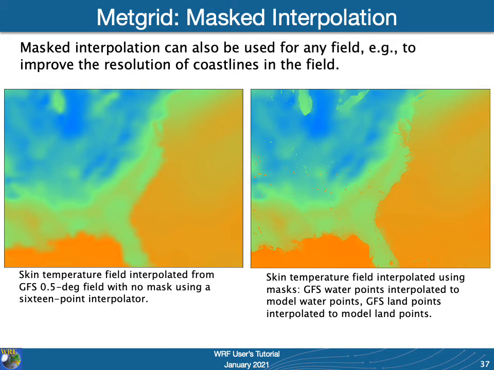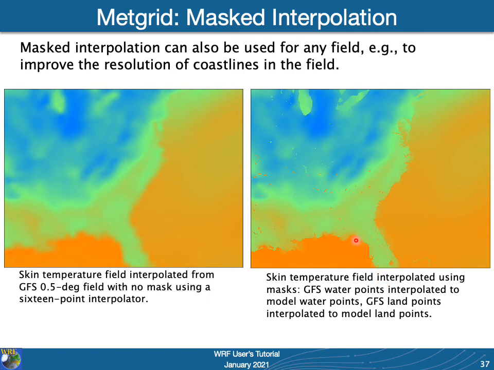However, if we'd like to get a better definition of the high-resolution coastlines in our model domain, we can tell the Metgrid program to interpolate the skin temperature field from GFS to land points in our high-resolution ARW domain only using land points in the GFS data. And similarly, we can say to interpolate to water points in our ARW domain only using water points in the GFS dataset. And by doing that, you can see that we get a much better resolution of the high-resolution coastline